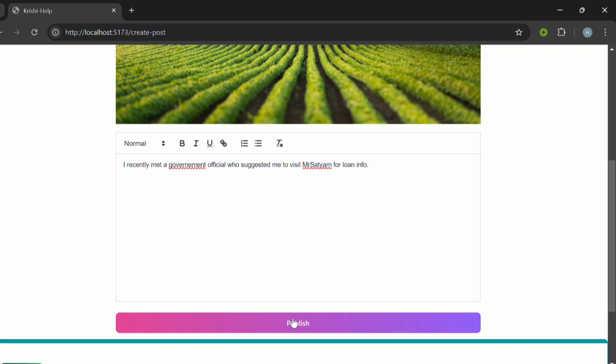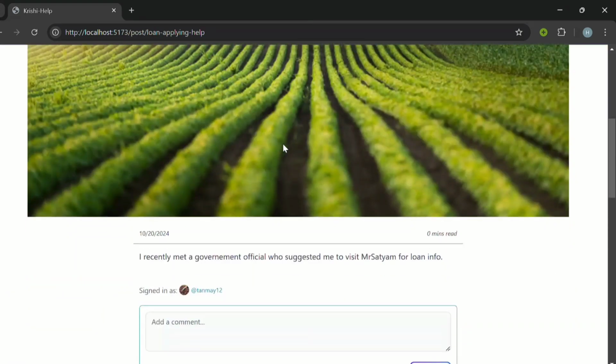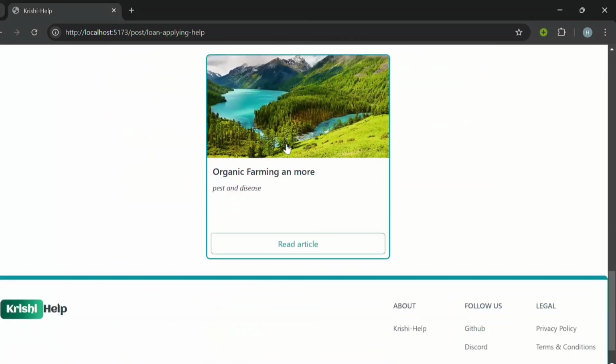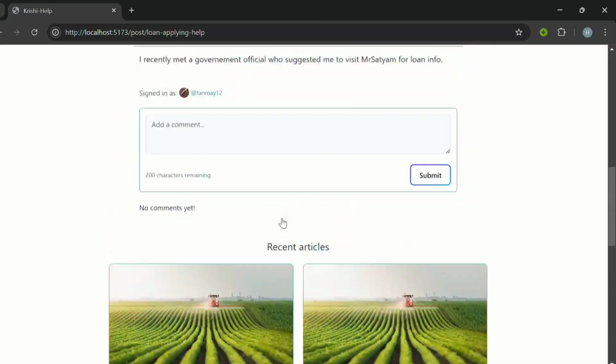Now we can publish this post, and again, as you can see, the post is appearing with a cool section. Now the recent posts that have been uploaded on the website are also visible.